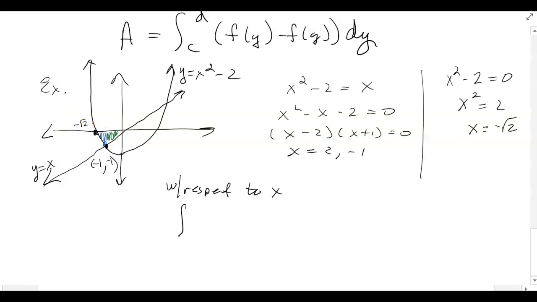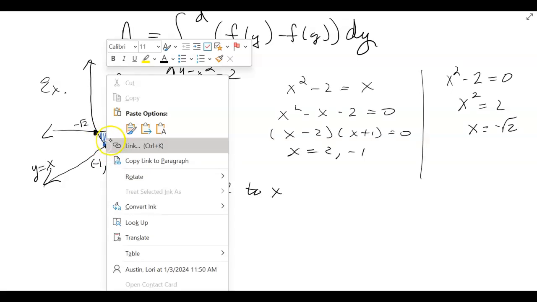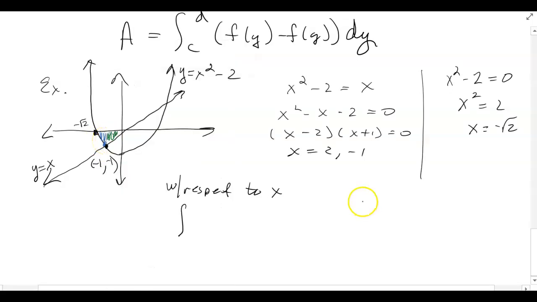So to get the area in blue, you're going to go between negative square root of 2 and -1,